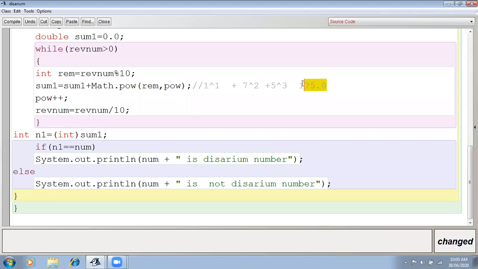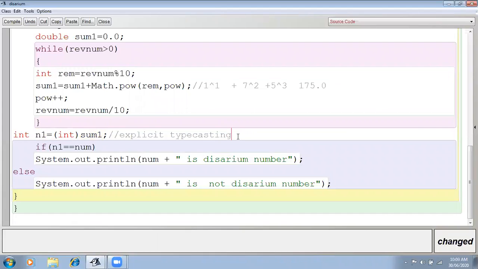So here it will give me an error, or it may be wrong. So I'm doing typecasting again. This is explicit typecasting, if you remember, explicit type conversion, casting. This sum1 is a double, and now I'm converting this double into int and storing it in n1.